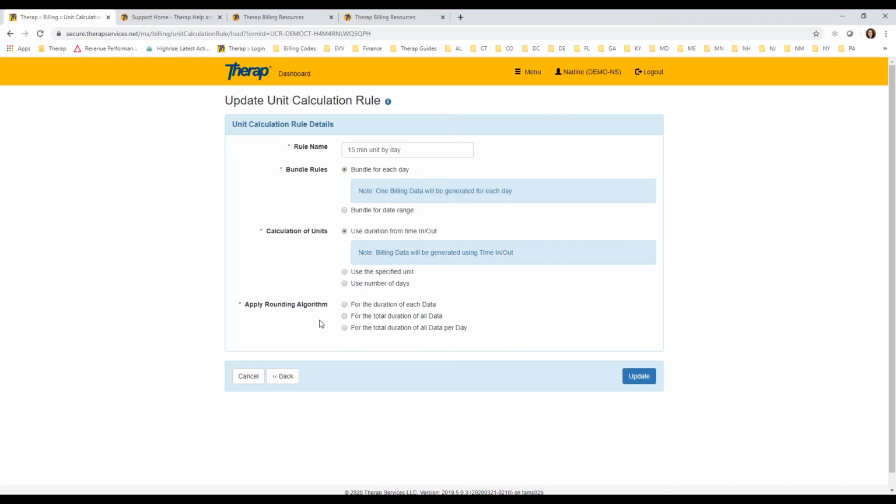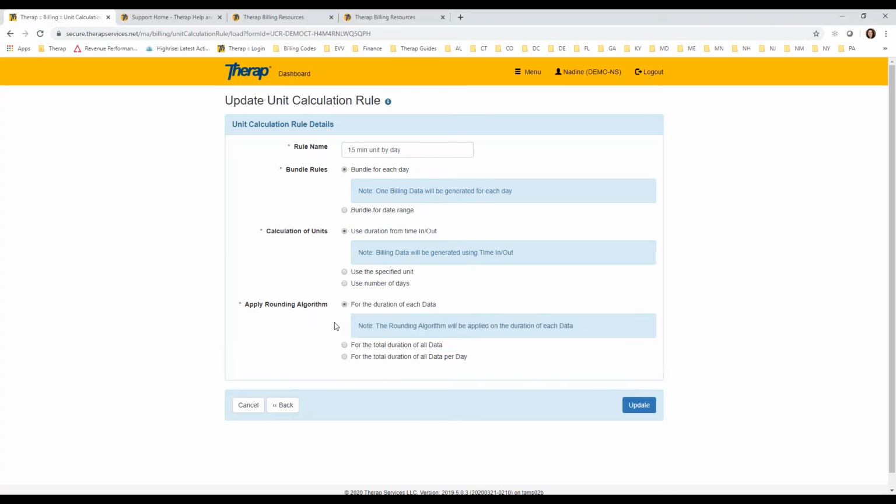Then we also have the rounding algorithm. This is your choice to identify where and when we apply that rounding algorithm that's listed in the service authorization. When you select for the duration of each data, what this does is that it applies the rounding algorithm to each session, and then it'll add the units together. So if you have a morning session that's an hour and you have an evening session that's another hour, maybe there's some extra minutes, it will apply the rounding to each of those sessions separately,